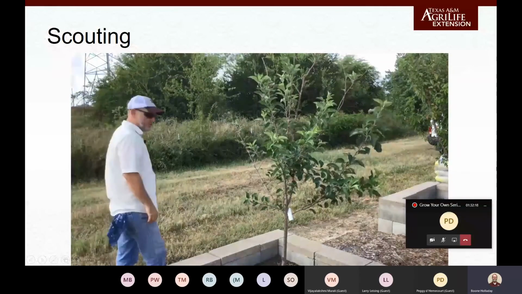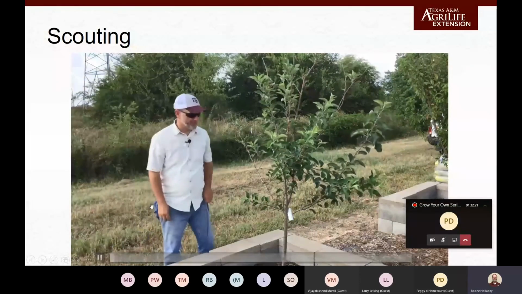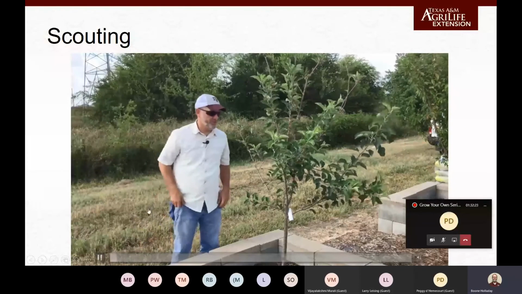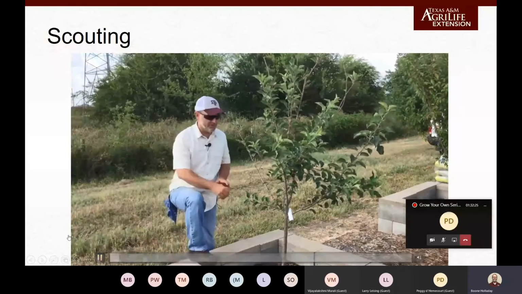Okay, what we're looking at here is a young apple tree, and we have been trying to pick some varieties of apples that will